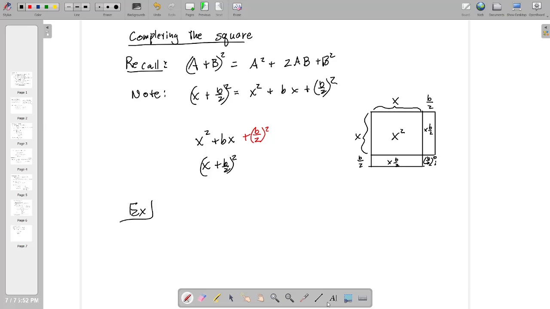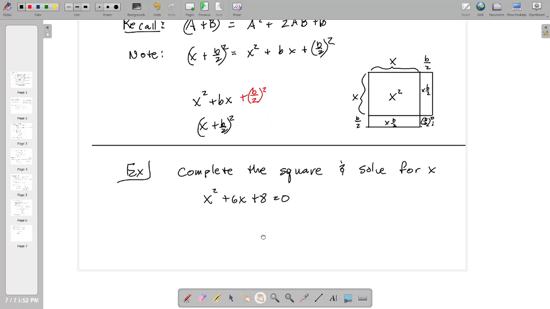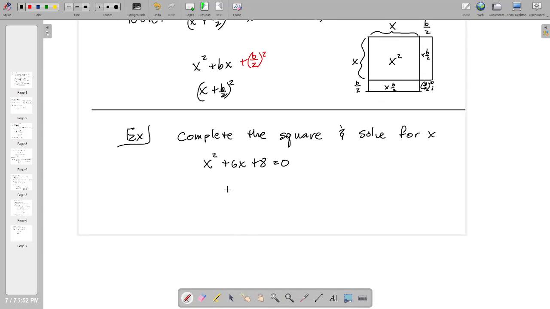Let's do an example. I'm going to walk you through this process. Complete the square and solve for x. x squared plus 6x plus 8 is equal to 0. Now there's a couple of ways that we can go about this type of problem. One is the very common way, subtract the 8 to the other side and keep the x squared plus 6x